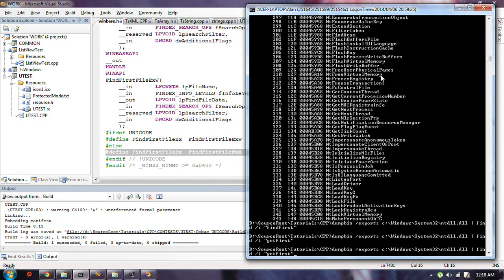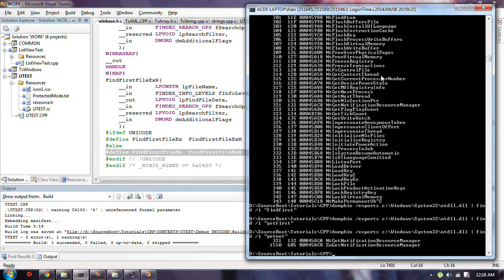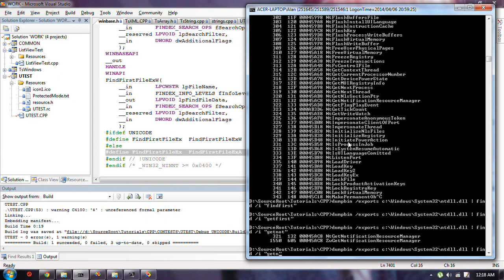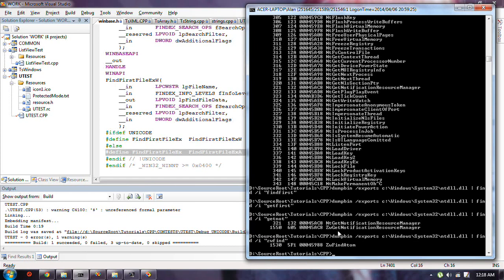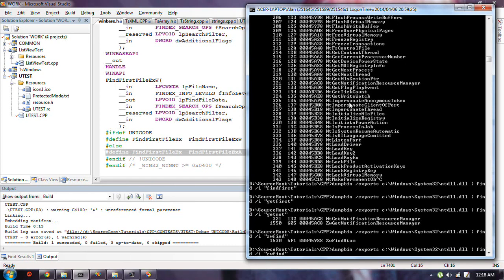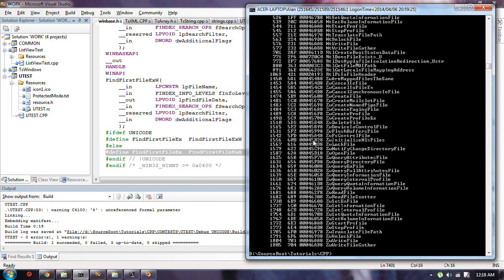Okay, the Zw ones, those are the ones. Soft start profile, open file. See,